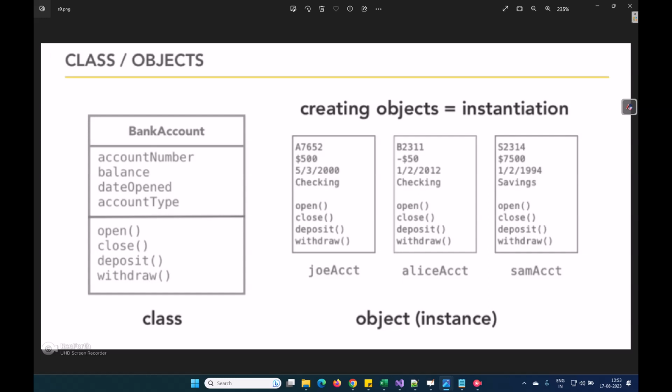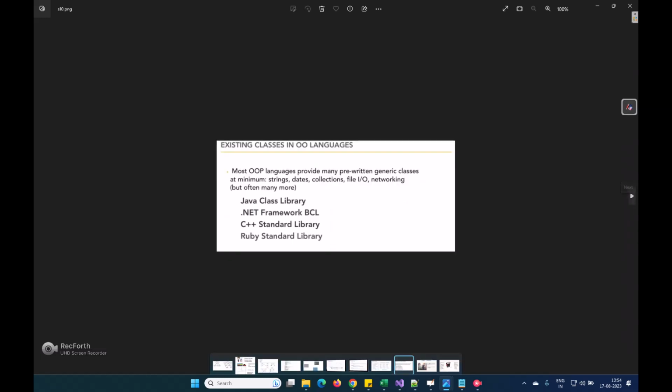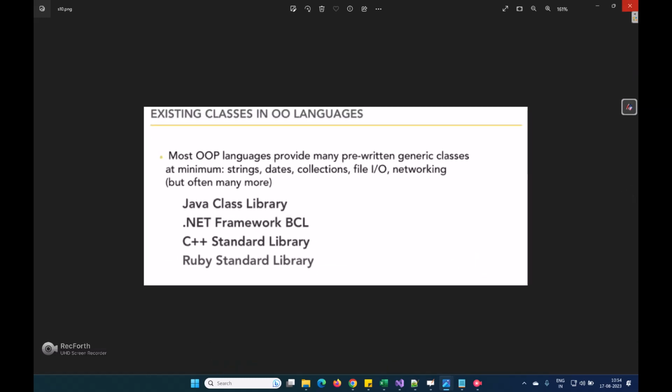See this one. This is a BankAccount class. Account number will be there. Properties: balance will be there, how much balance is there, when it was opened, what the account type is, savings. These things will be there. These are the functions which I can apply on the class: open the account, close the account, deposit, withdraw. These are the objects of the class. Objects having the same attributes and behavior are categorized into a class. You might have learned this in other places also. Like that you have to go and write the program.